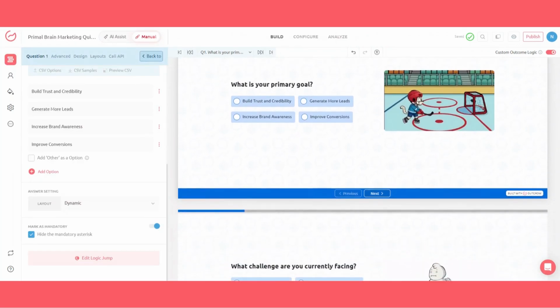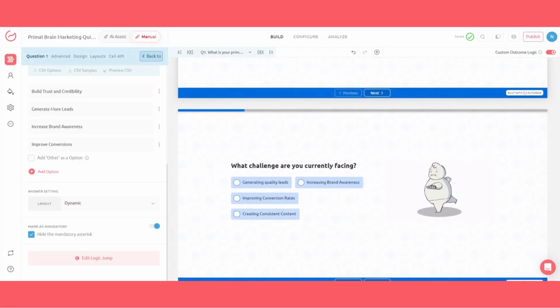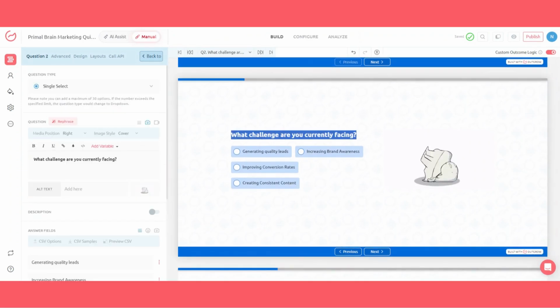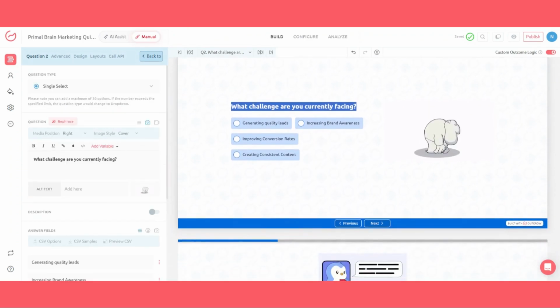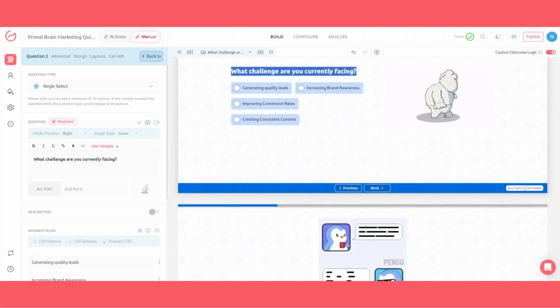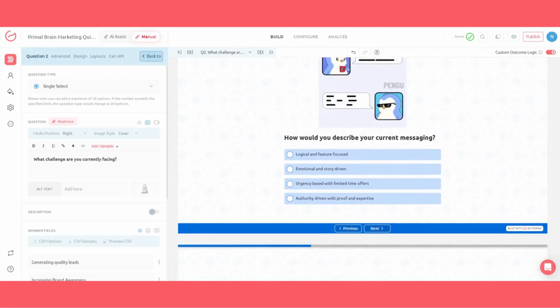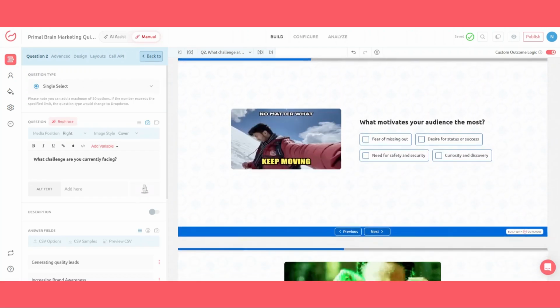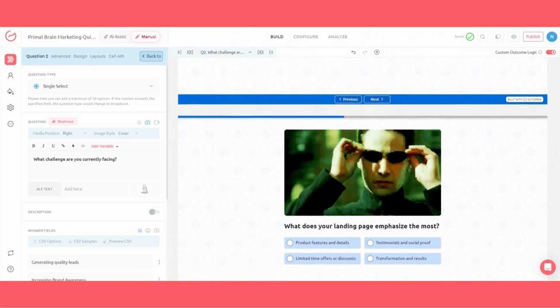Next, continue adding follow-up questions based on user intent. For example, you can ask, what challenge are you currently facing? The key idea here is to ask questions only when they become relevant in the conversation. As users progress through the experience, you can gradually collect more detailed information like business goals, team size, marketing priorities,